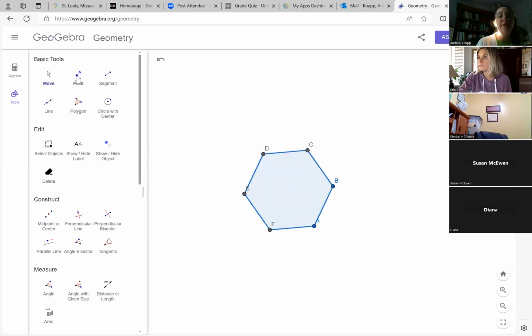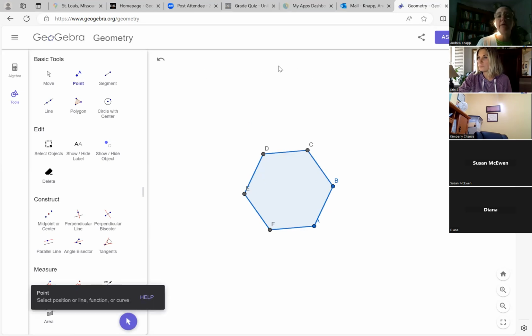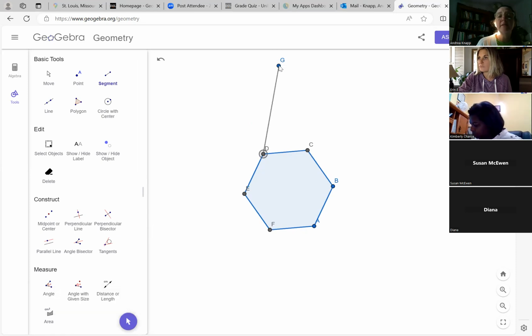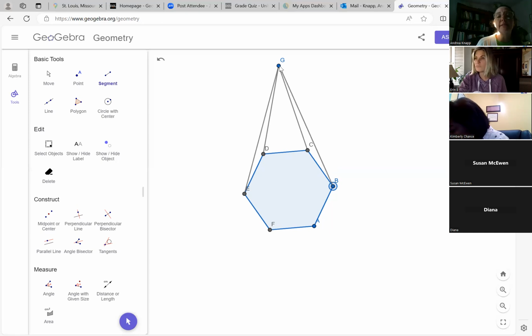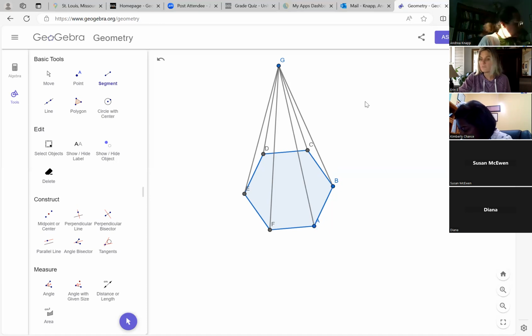And for purposes of drawing this, I'm going to put a point up here so that I can connect sides to that. And right now, I'm not using GeoGebra as a construction tool. I'm just using it as an advanced drawing tool to help my drawing be clear. For making the regular hexagon, it was a construction. Okay, so